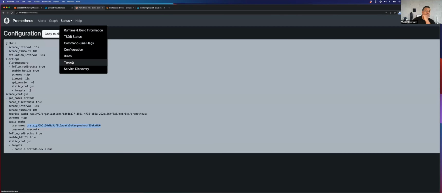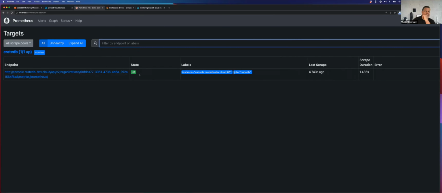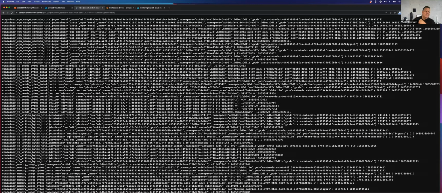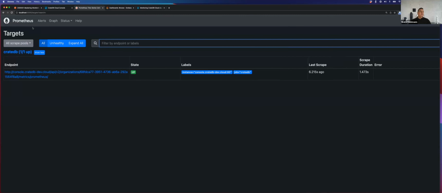Now let's see whether that's working. Let's go to the targets in Prometheus, and it looks like we have a green light here and we are connected already to CrateDB Cloud. I'm going to click on here. Don't get overwhelmed by everything that you see here, but these are the metrics that are available from the cloud. It depends on how many clusters you have. So it seems to be working here, and we could already